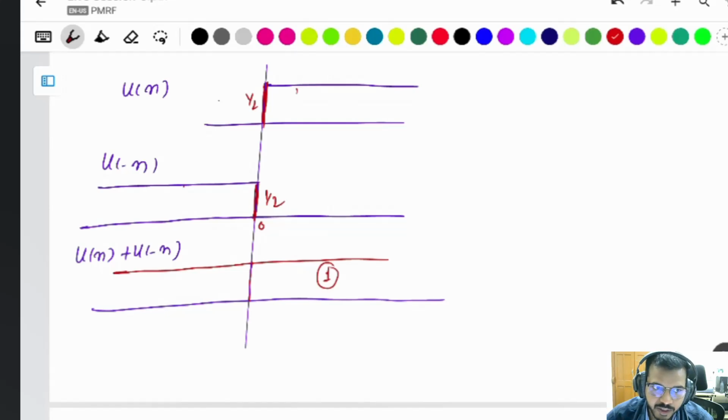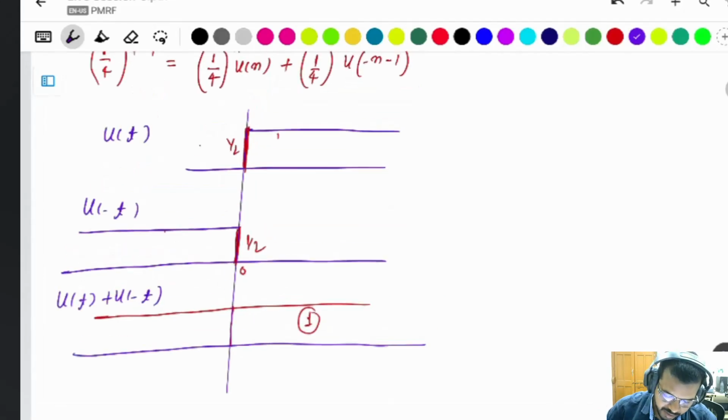Then in the continuous signal, oh sorry, not u of n, u of t, sorry for this. This is the continuous signal: u of t plus u of minus t will be 1. But in the discrete case,